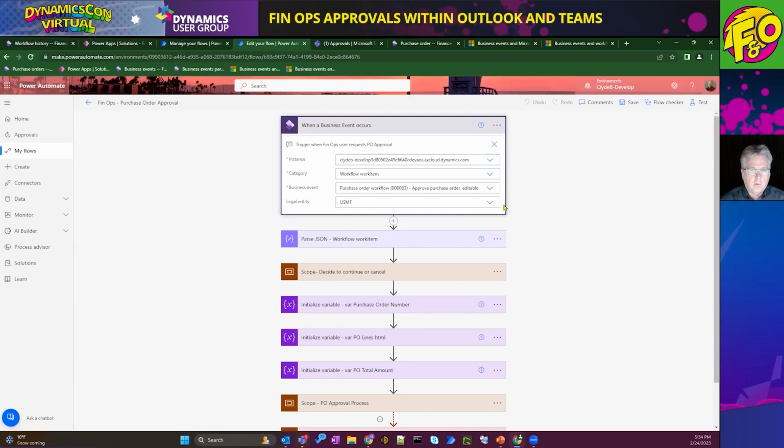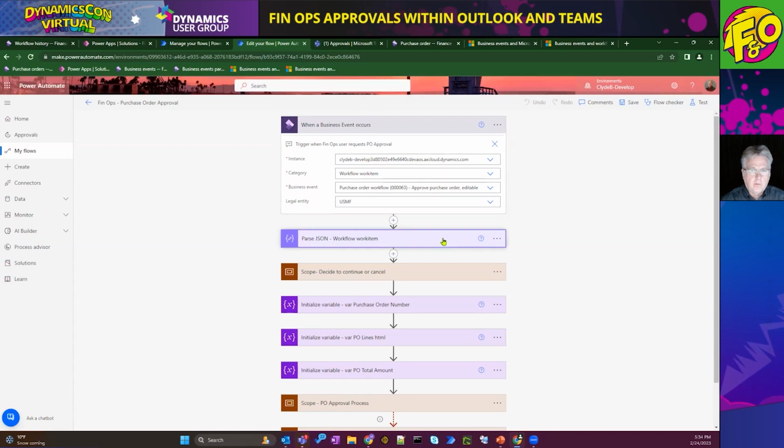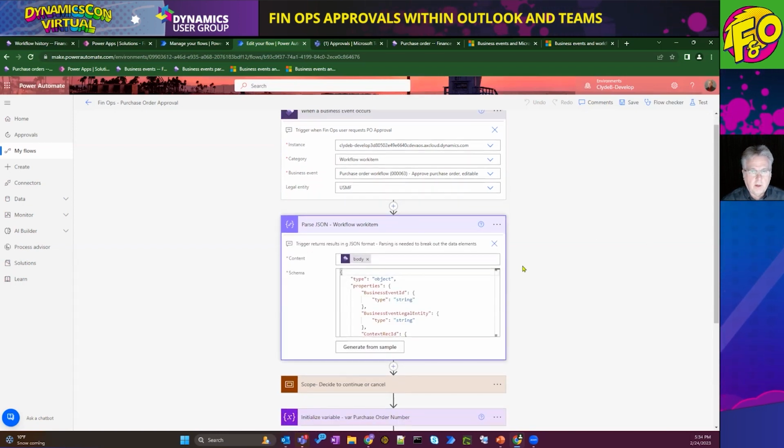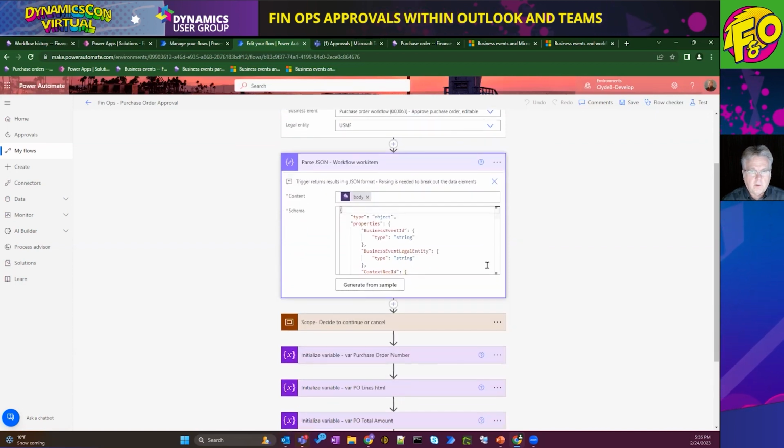And then our legal entity. Of course, in FinOps you can have a number of different legal entities, but this is the one we're triggering off of. And once this triggers, as I mentioned, it brings back a payload full of information. Now we had to get a JSON schema, so we're able to parse that out and pull in the different pieces of information.